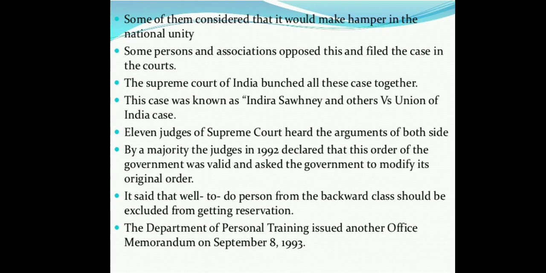Eleven judges of the Supreme Court heard the arguments of both sides. By a majority, the judges in 1992 declared that this order of the government was valid and asked the government to modify its original orders. It said that well-to-do persons from the backward classes should be excluded from getting reservations. The Department of Personnel and Training issued another office memorandum on September